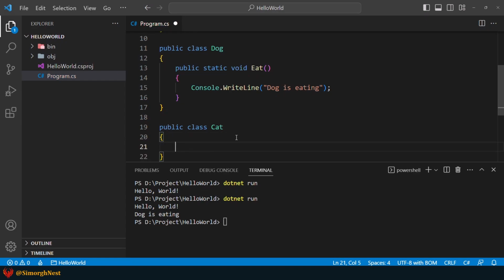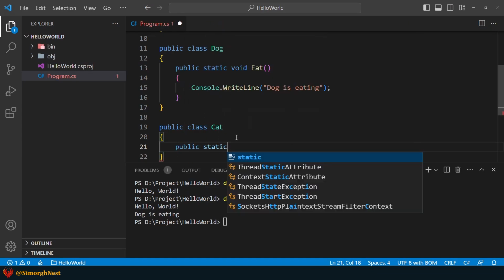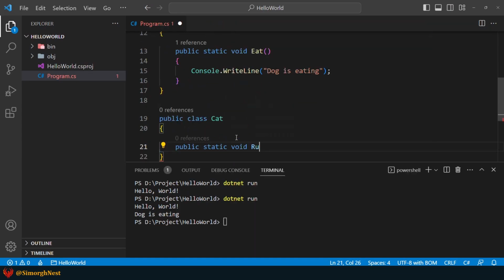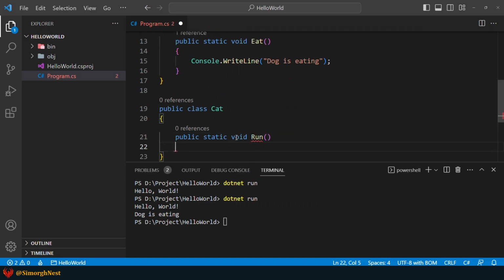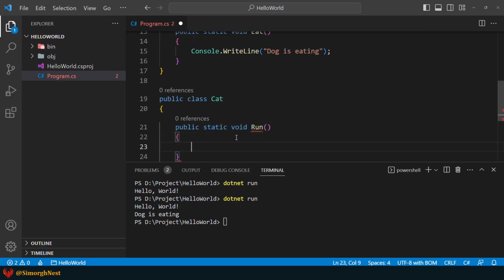After that, we need to declare two methods with names run and eat between these curly braces. For the first one, we go for public static void run and open and close parentheses, then open and close curly braces.